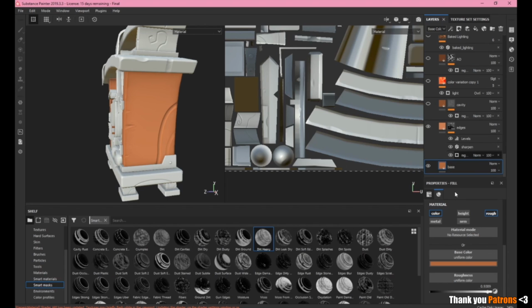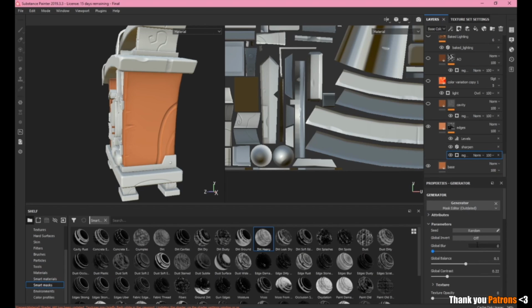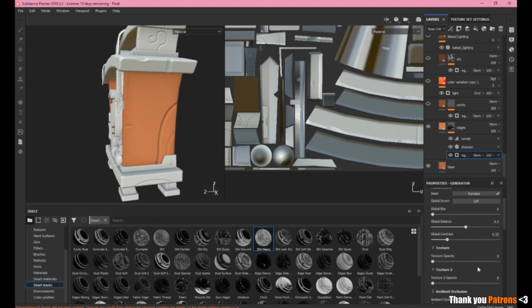It was a mask editor, and I just changed some of the settings to make it work for my project a little bit more. Since this is going to be affected by the blue lighting, my main focus was that if I was to shift the lighting around, it would fit with the overall project, but I still wanted to be sure that if you remove the lighting from this, it wasn't just going to be one solid color and call it quits because the light's going to change it. I wanted to make sure that if you saw this without the light, it would still look like part of the closet. So for this, I just did the mask editor,